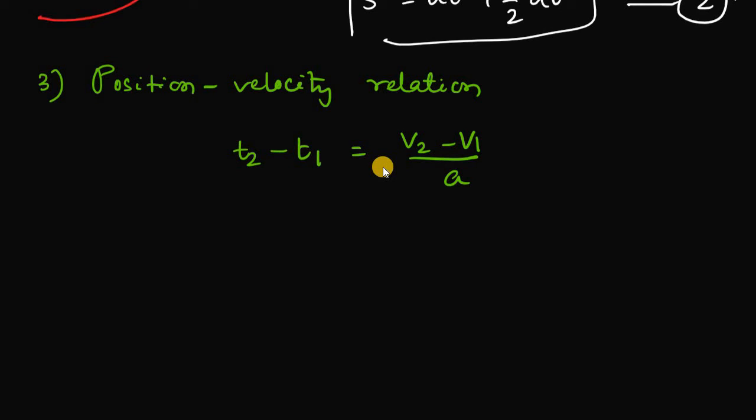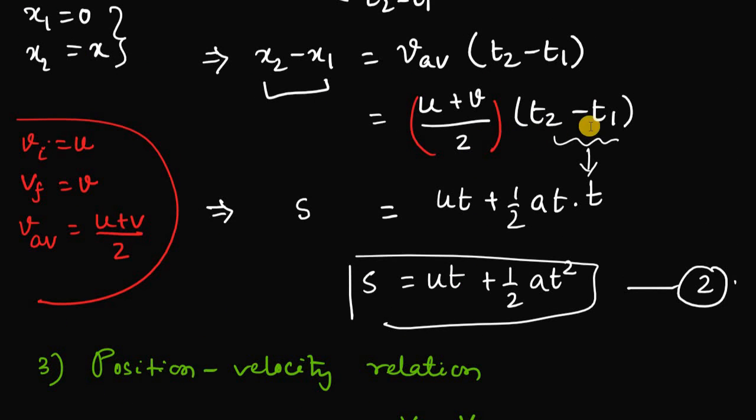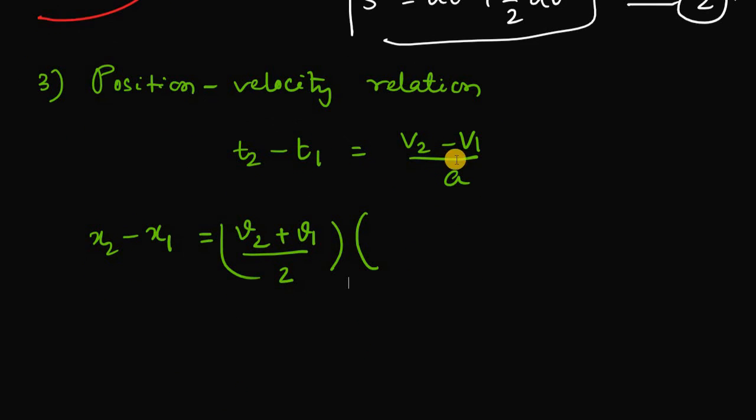Now we need to put it in x2 minus x1 equals V2 plus V1 by 2 into, in place of T2 minus T1, I am going to put V2 minus V1 by A. That is pretty easy, so I am just putting it there. Then we are going to solve it. I am bringing 1 by 2A outside, V2 plus V1,